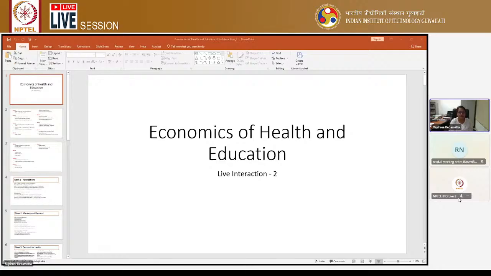One particular emphasis in this week was on the issue of higher education, and we discussed whether higher education is a quasi-public good or a public good or a private good. And we discussed some of the important aspects regarding what are the conditions under which we can consider higher education as a private good, and what are the conditions under which we can consider higher education as a public good also.